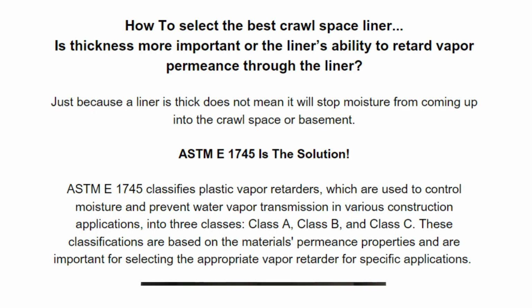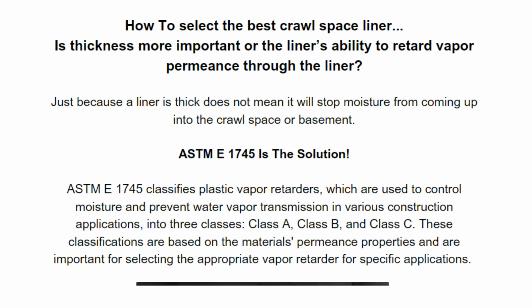How to select the best crawl space liner. Is thickness more important, or the liner's ability to retard vapor permeance through the liner? Just because a liner is thick does not mean it will stop moisture from coming up into the crawl space or basement. ASTM E1745 classifies plastic vapor retarders, which are used to control moisture and prevent water vapor transmission in